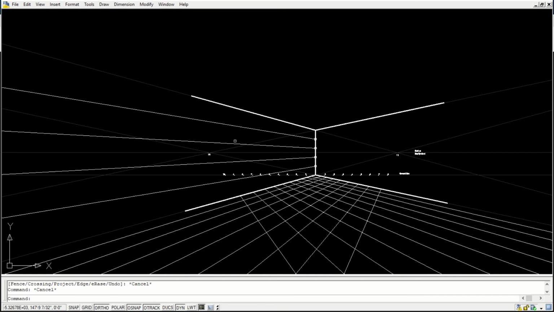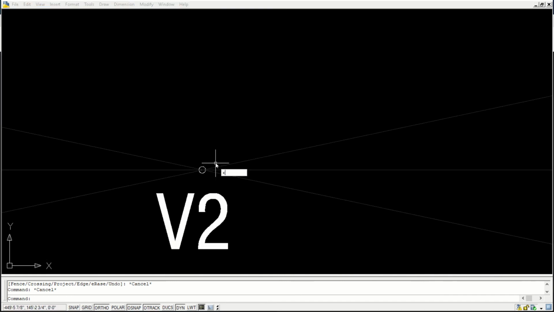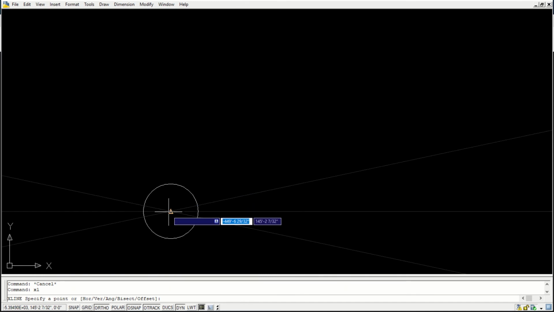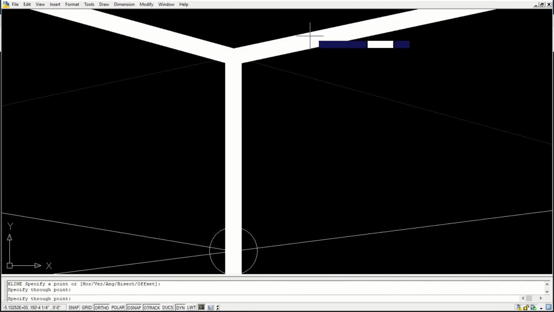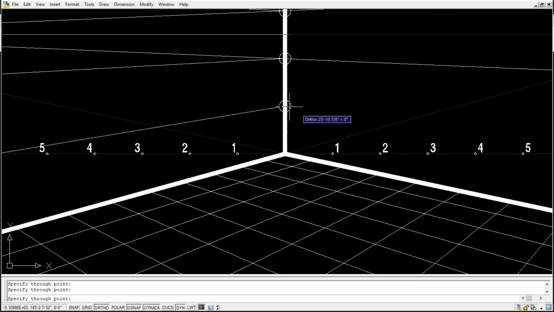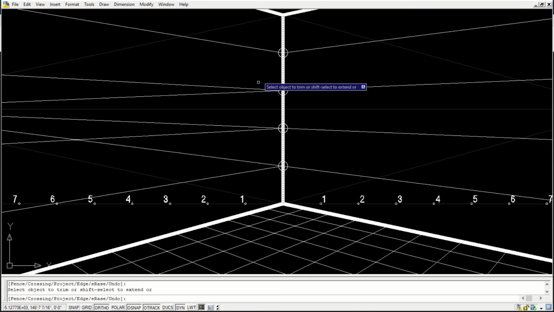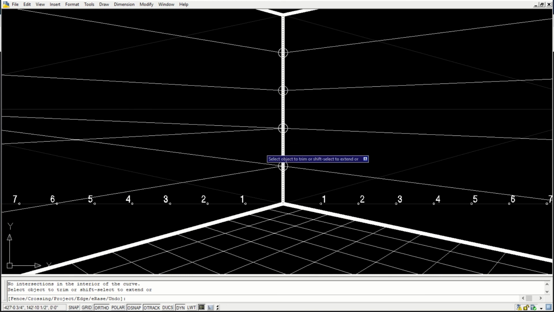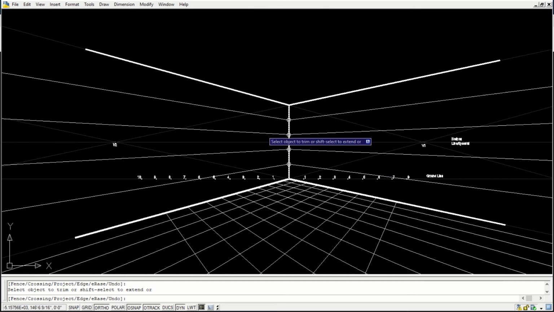Okay, so I have done this grid, the horizontal lines. Similarly, I can take vanishing lines from here and pass through these points of reference. Okay, remove these lines.